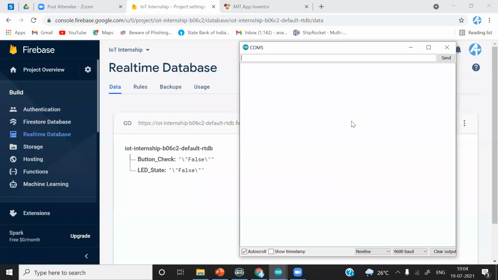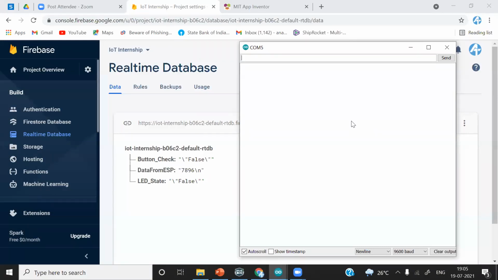Okay. I will give the input as a number, 1569. I will hit enter and we'll observe the changes. You can see 1569. You can see that here also, in the Android application. I will give the data as 7896. You can see the change, 7896. Okay, we are receiving this data from ESP8266 to Firebase, and from Firebase we are receiving it in the Android application.